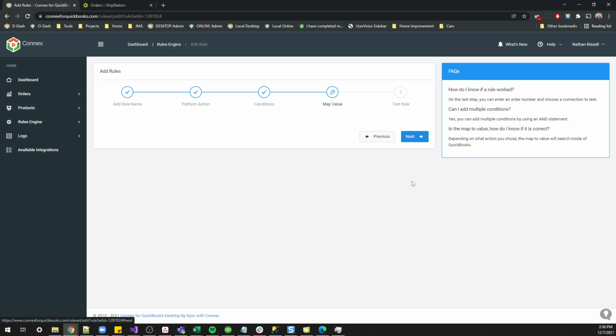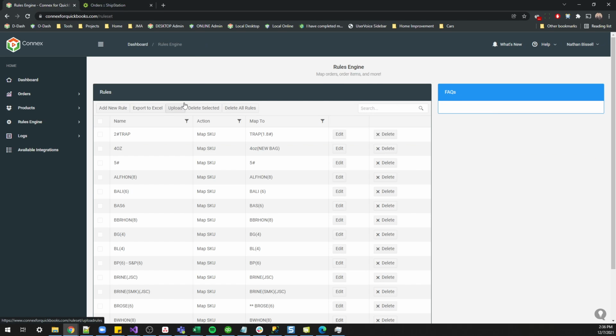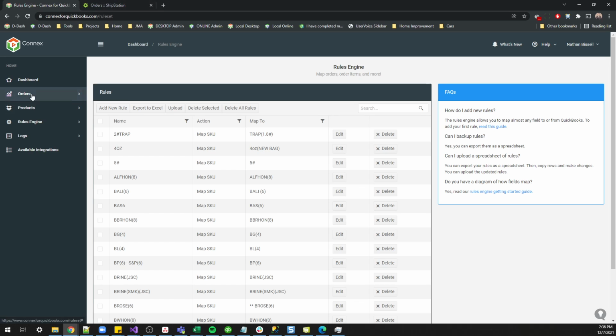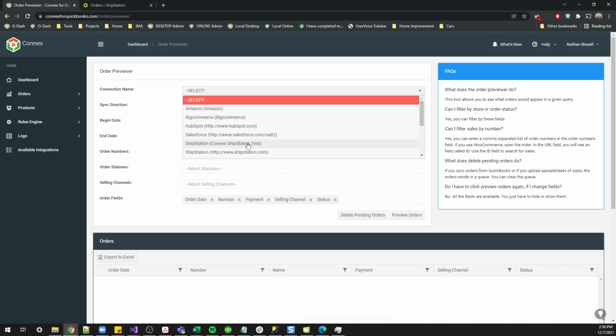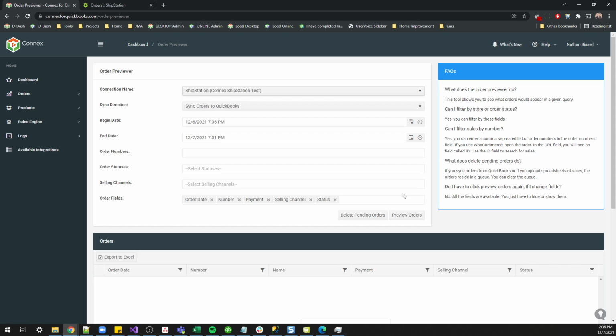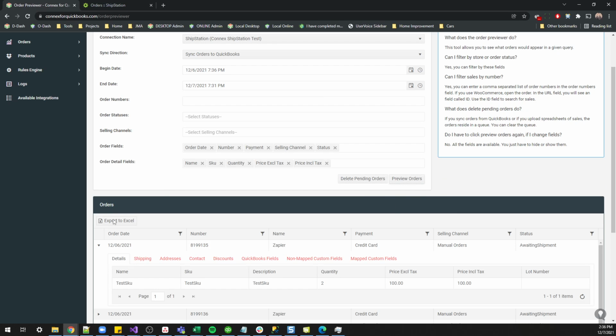If you run into any issues, you can always contact us, and you can test with the order previewer and see the data before it actually gets sent over to QuickBooks. That way it's not super messy. That way you're not getting a bunch of errors and things like that. So this has been a tutorial on how to map the PO number, how to use the order previewer in general, and how to use